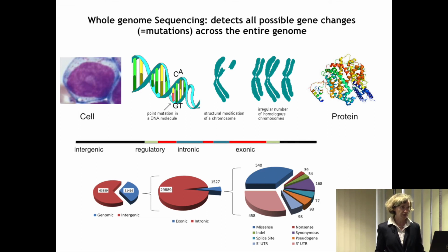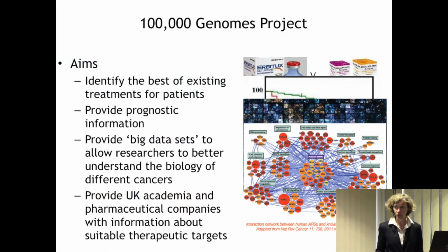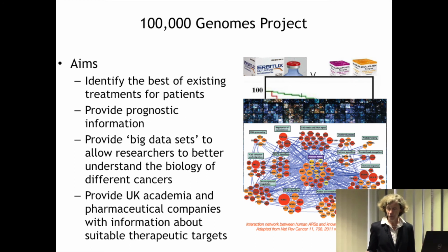Every patient who goes into the FLAIR study will be offered to go into the 100,000 Genome Project. The aim of this project is to identify the best of existing treatments, to provide prognostic information, so understanding better who are the patients who might not ever need any treatment. It provides a big data set for researchers so that we can study the biology and identify new therapeutic targets. I've spoken about five of them just in CLL, but there are many, many more inside a cell potentially. But we will only identify those if we identify the changes that occur